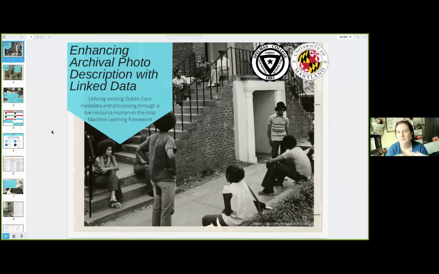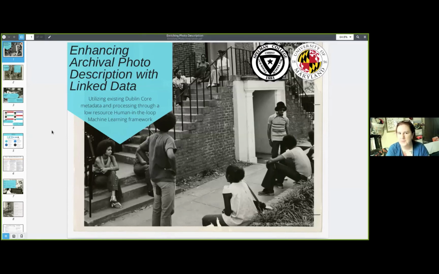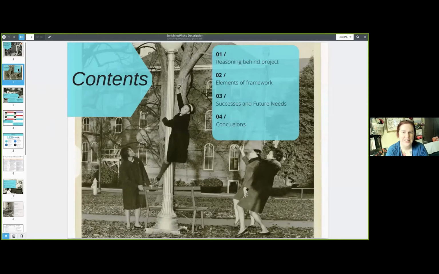So my paper is about an AI-powered framework to assist humans with converting metadata to semantic web format for photo archives. And I'm going to talk first a little bit about the reasoning behind the project, then go through the elements